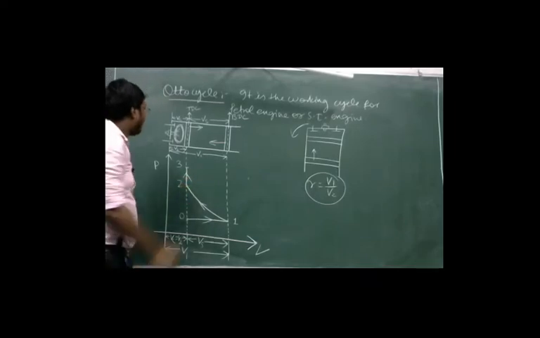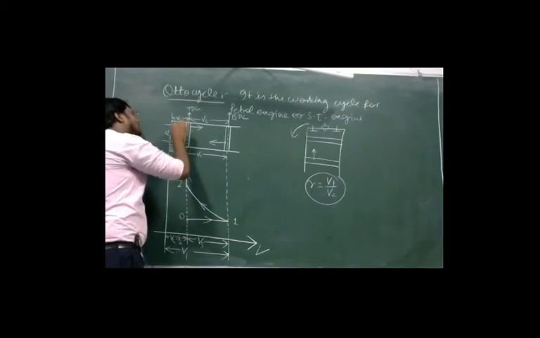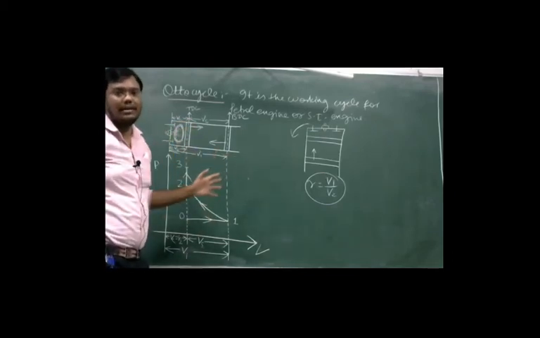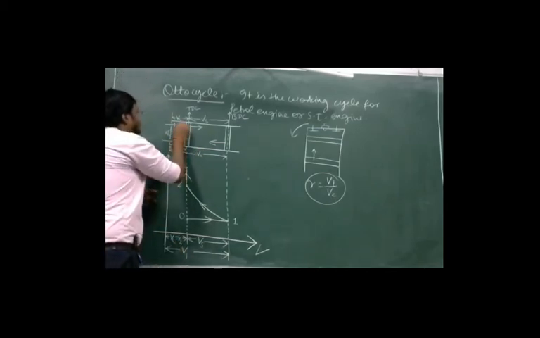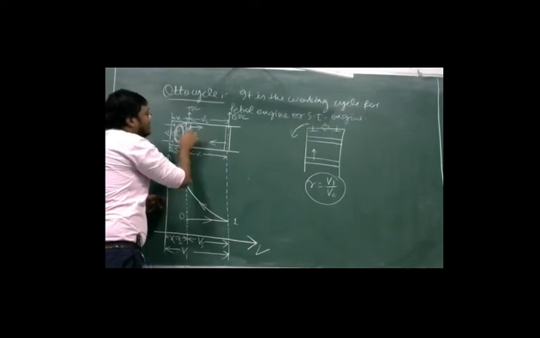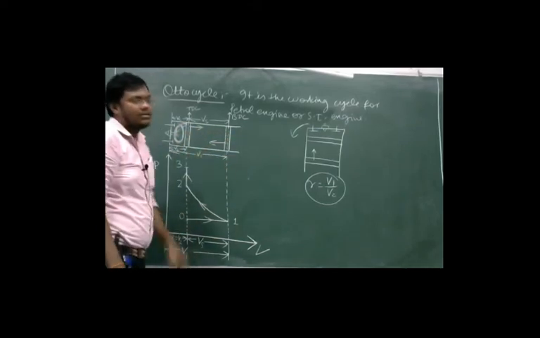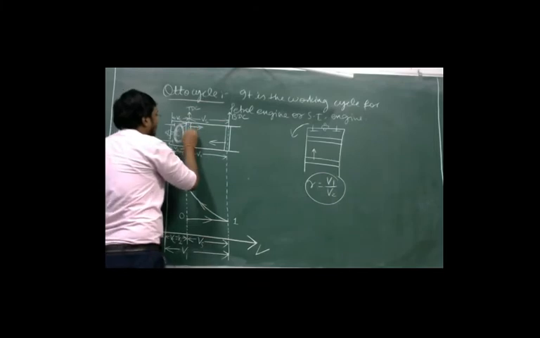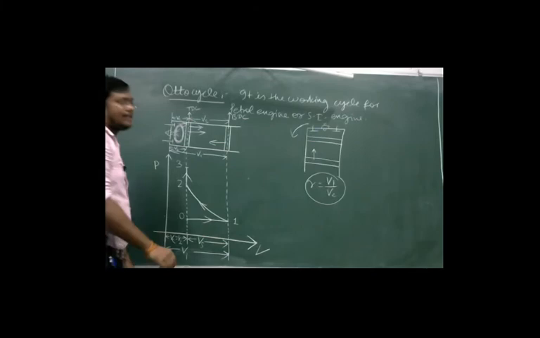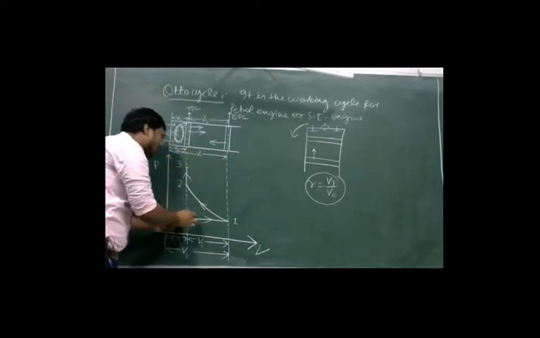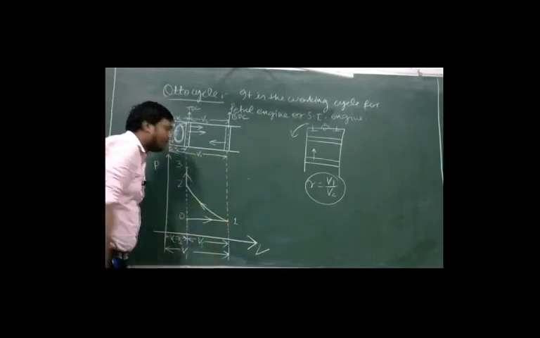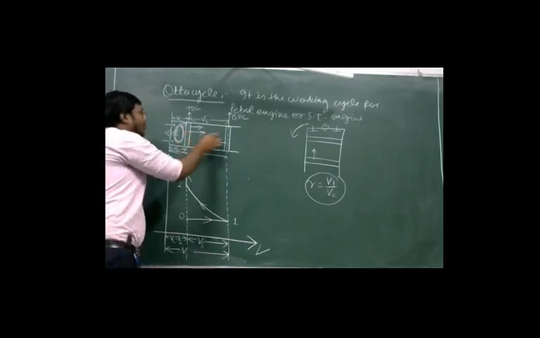Now after heat addition, meaning after the combustion of fuel, expansion of gases takes place. The high energy gases produced push the piston to move towards BDC. Now again the piston moves from TDC to BDC, and expansion of the gases takes place. So again we have to move from the TDC line to the BDC line, but this is an expansion process.